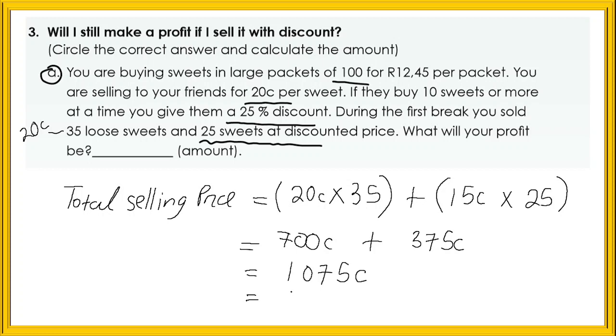So it's 10 rand and 75 cents. Good. Okay. So that's how much we got from selling